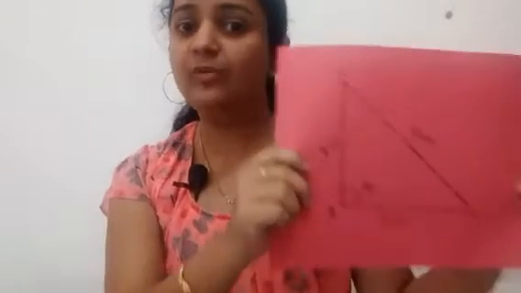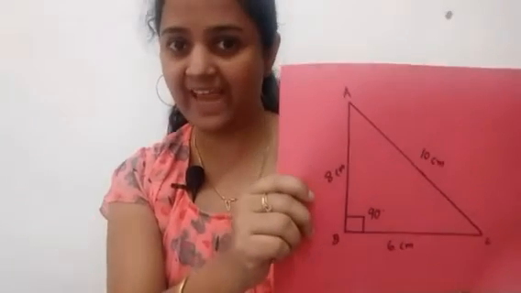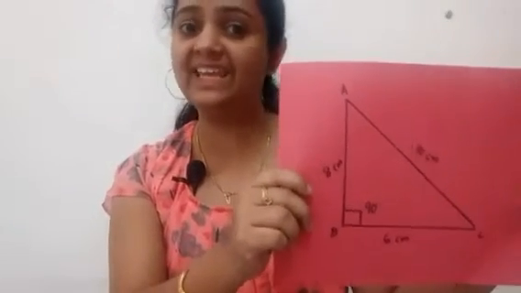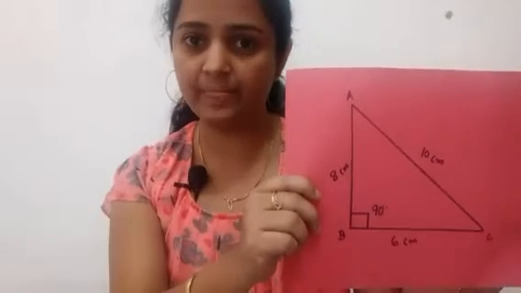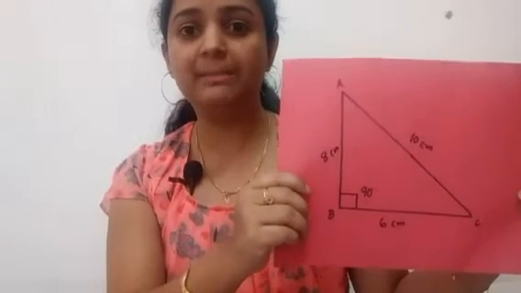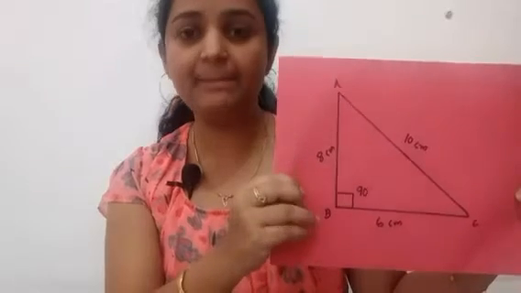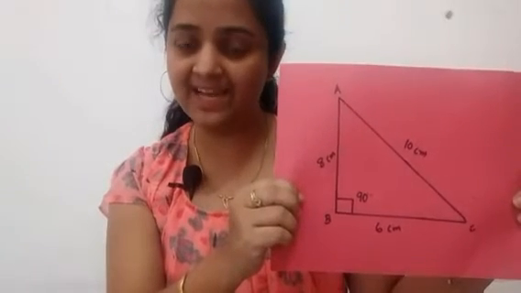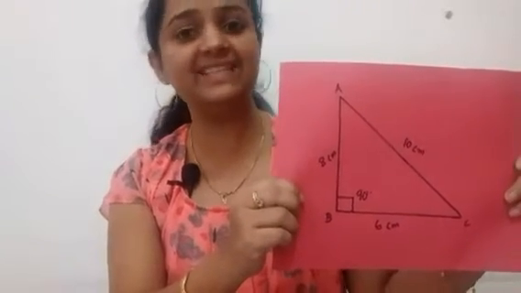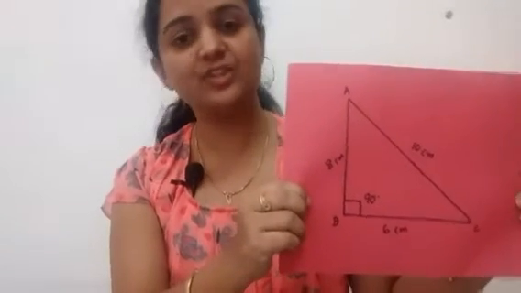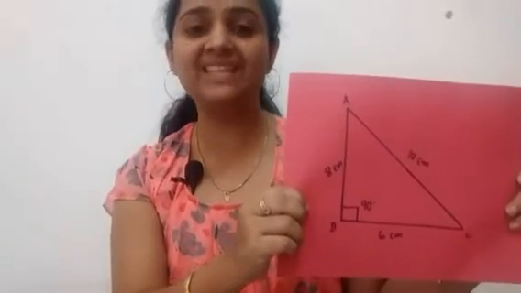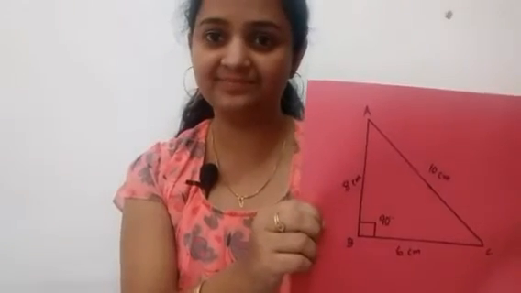So here we have a right angle triangle. We need to find the area of this right angle triangle. So we know the base and height. Here base is given as 6 cm and height is given as 8 cm, isn't it? So substitute the values of base and height in the equation. So what will you get? Try to do it yourself. I will also do with you.